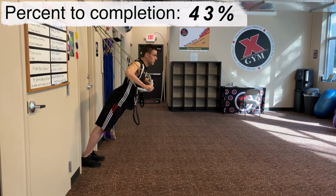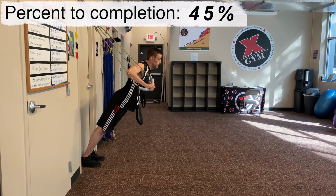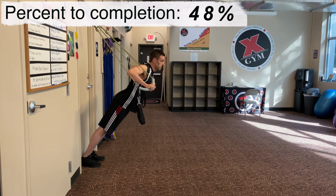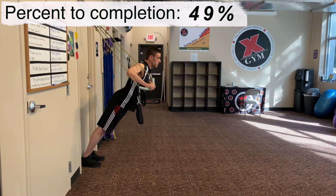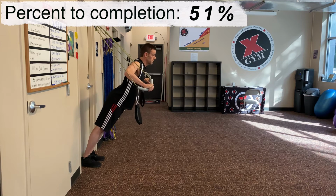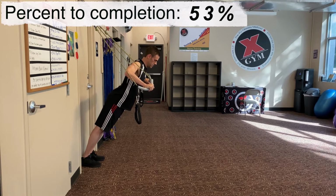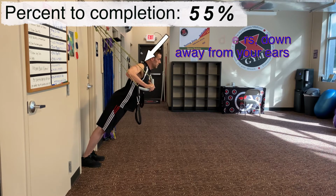And if you need to be on your knees on the chairs, that's fine too. Here's that great stretch at the bottom, and now 2s and 1s coming up. And remember, the stretch at the bottom isn't a rest, so it shouldn't be that far down. Now here's the top, 2s and 1s coming down, breathing through it, low shoulders, down away from your ears,